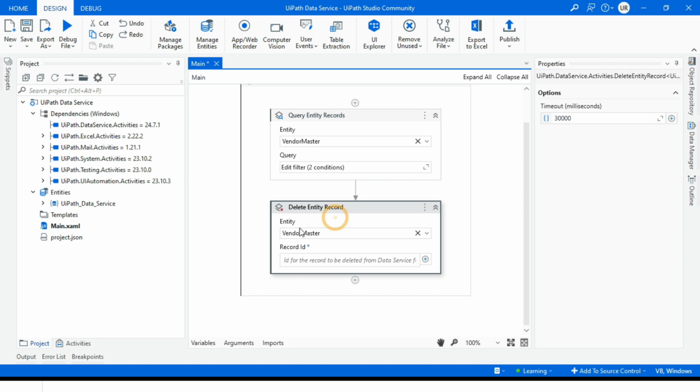Now once we select here, it says entity and then record ID. The entity we have selected from the drop down, and you can only select the entity which you have imported here. Now this delete entity record activity is used to remove a record from your data service entity, and it requires